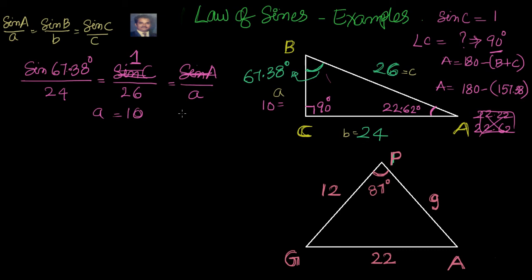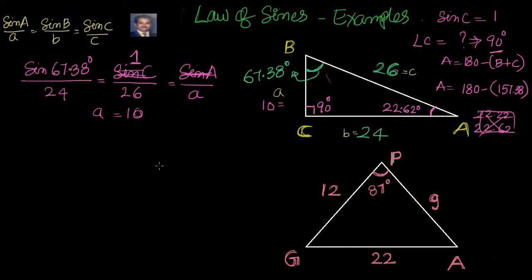Just remember one tip. You can do law of sines only if you have at least one complete set of information. Otherwise, if you have all three sides, immediately go to the law of cosines. Don't work with law of sines. Go to the law of cosines and find one angle. Once you find one angle, you can come back to law of sines and continue with it, because law of cosines involves a lot of squaring and adding. Law of sines is pretty easy to use. That's about the first sum.